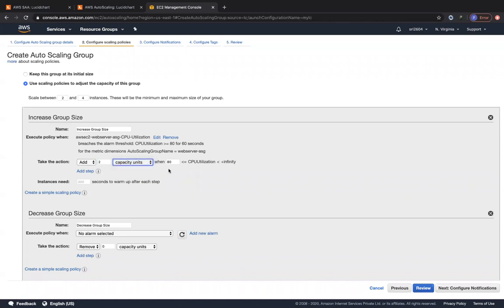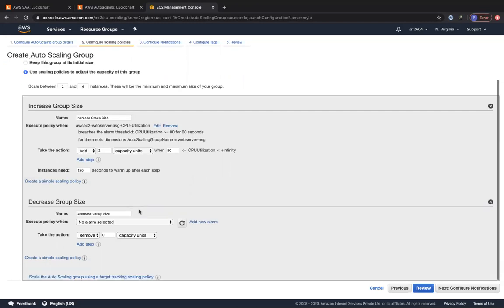If it's greater than 80%. Okay, and since we have a bash script, any new instances that are going to be launched by the auto scaling group, we are going to give at least 180 seconds to warm up, which means only after 180 seconds it's going to be registered with the load balancer and start doing health checks from the load balancer side. The reason for giving it 180 seconds, at least 3 minutes, is because we have written a bash script that is going to install our lightweight web server.